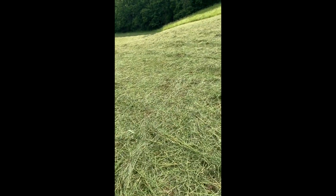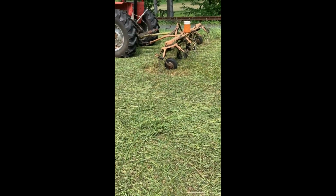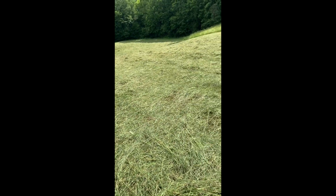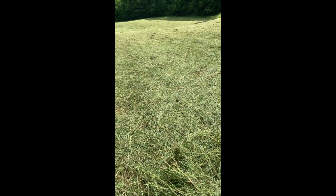But this stuff is thick and the understory is soaking wet. I just tedded it out and already the top's a little dry and underneath is just wet. So we'll see. Might even ted this again today. Kind of purposefully beating the crap out of it while it's still green and won't have leaf shatter, just to get it all up off the ground. So anyway,